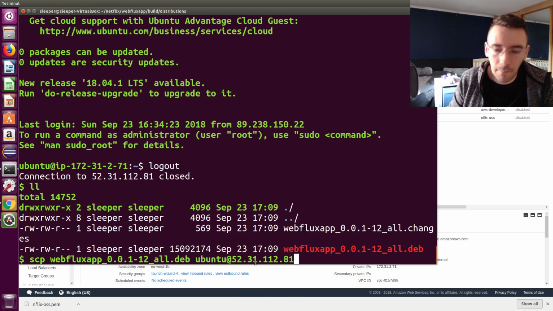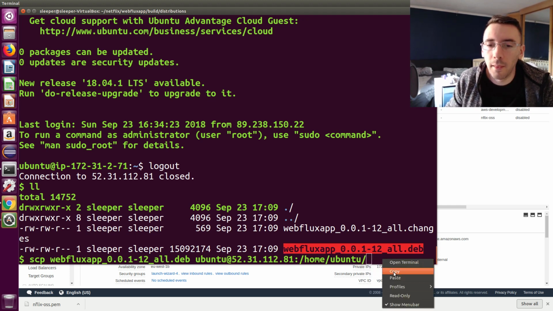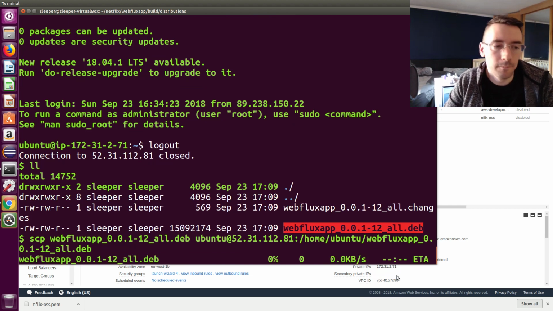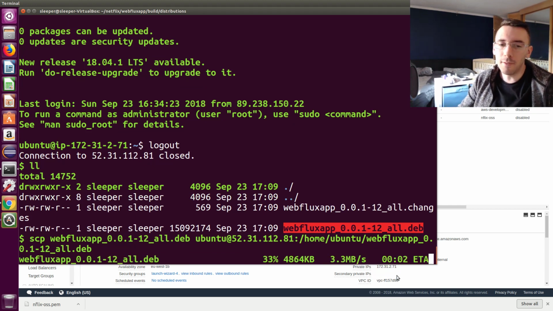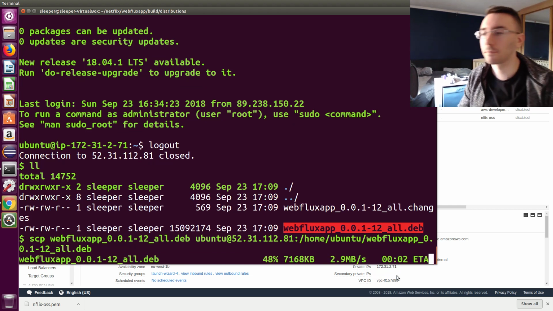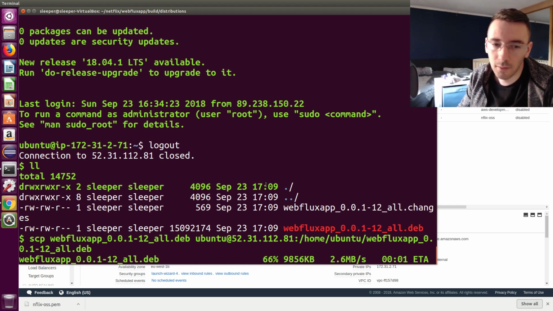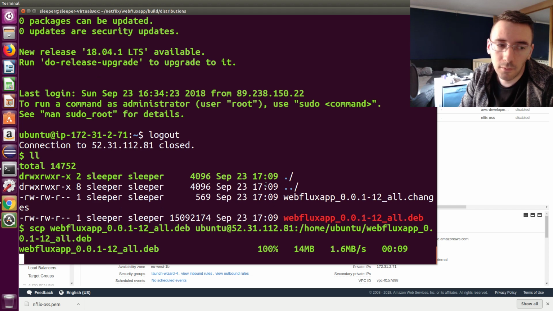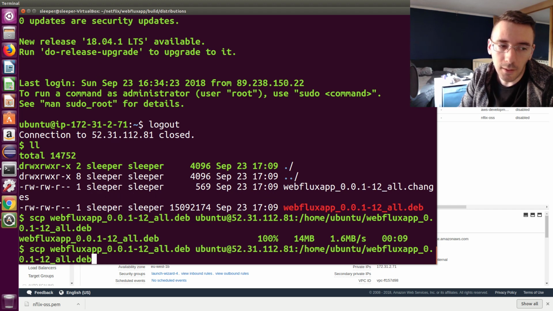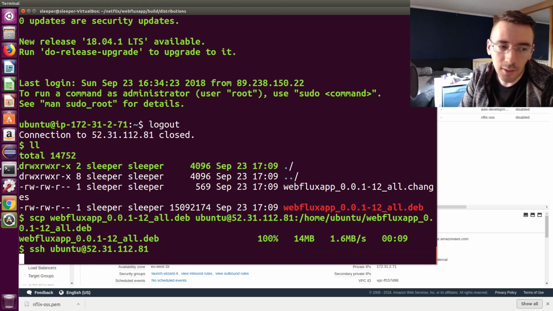I want to copy it to the home ubuntu directory. There we go. Now that's copying over. Easy. Now if we SSH back into it,